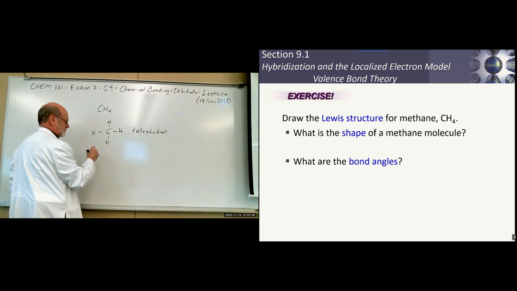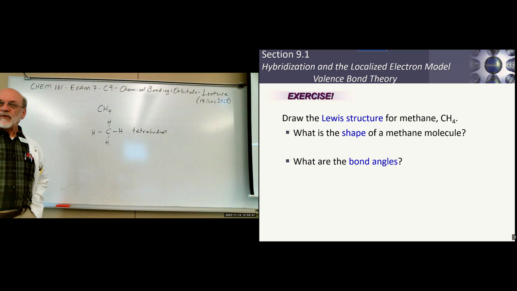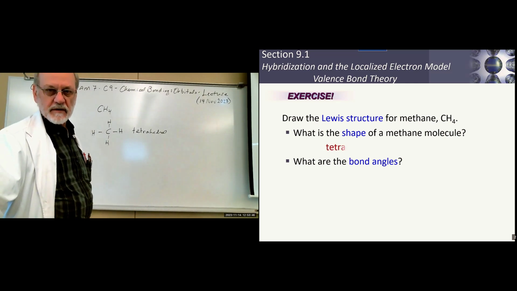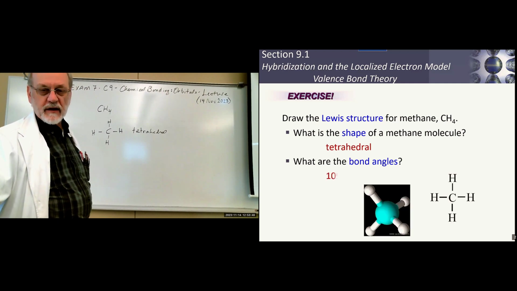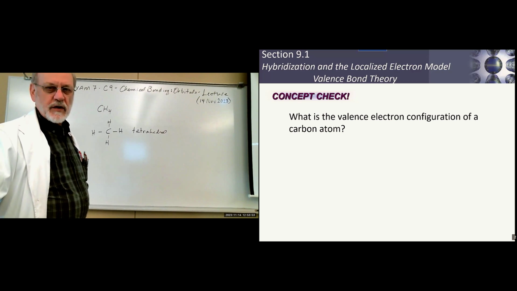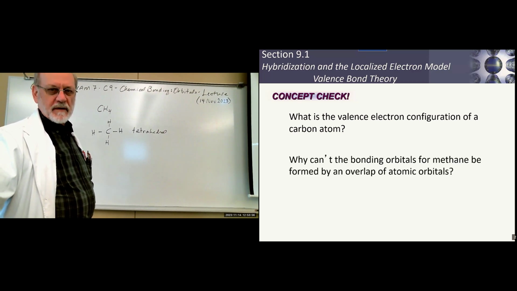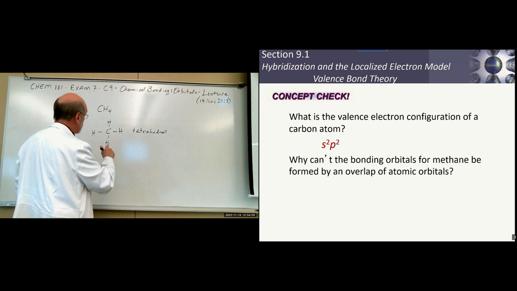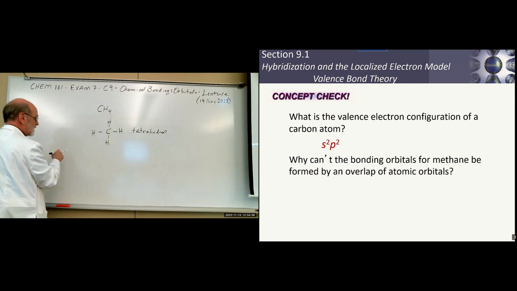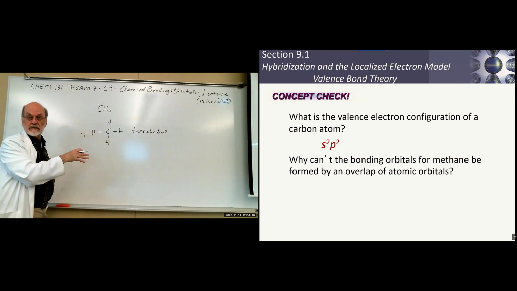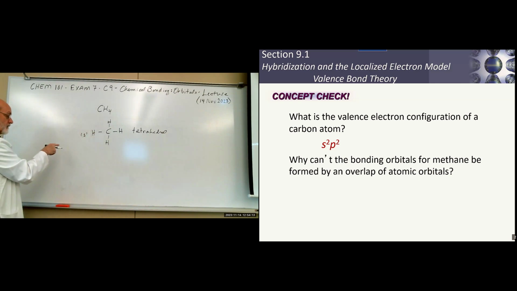Here's the problem. If we're going to overlap orbitals, which orbitals do we overlap? Let's see, there's the shape. And the bond angles, of course, are 109.5. Now the electronic configuration: hydrogen is no problem, right? Hydrogen is just 1s1 for each one of them. Remember that? Okay, but for carbon we have